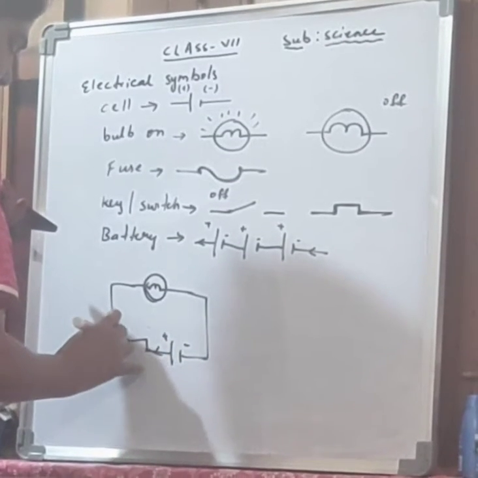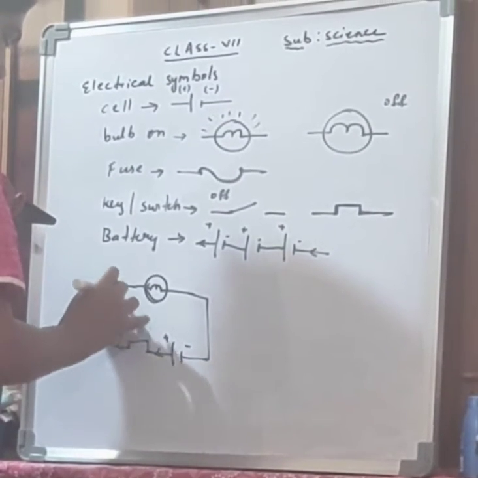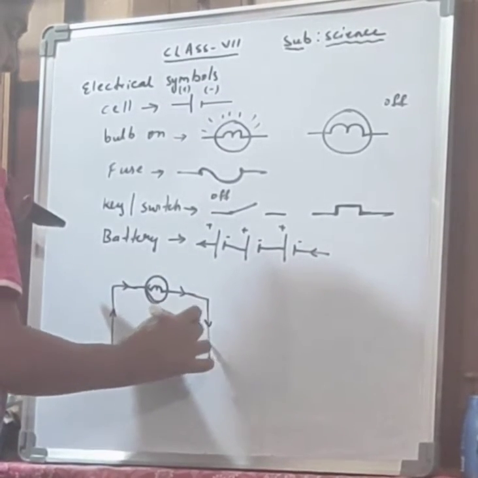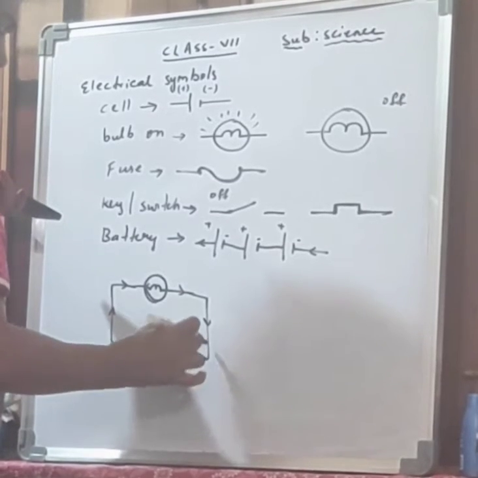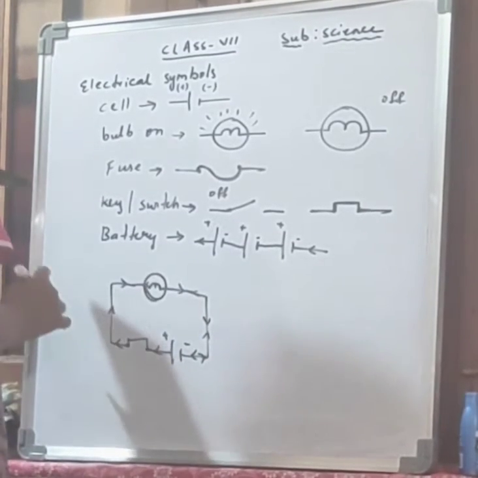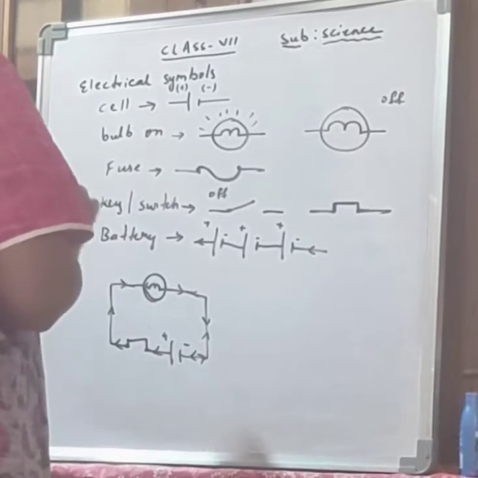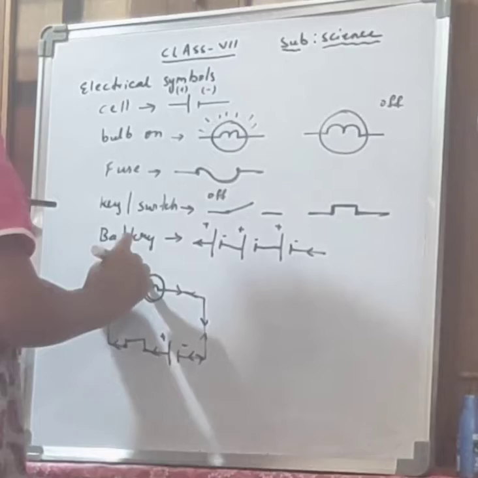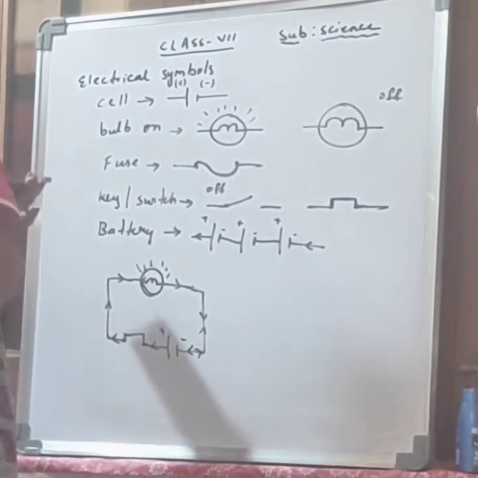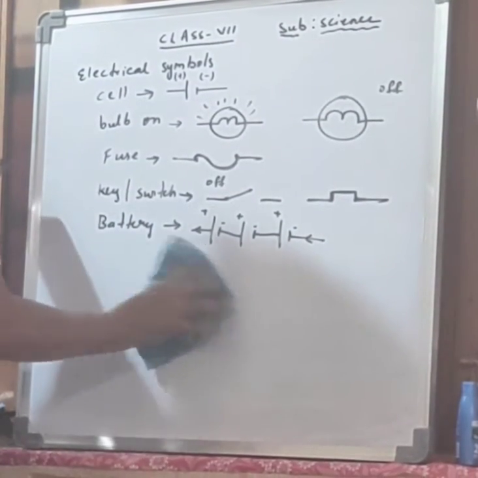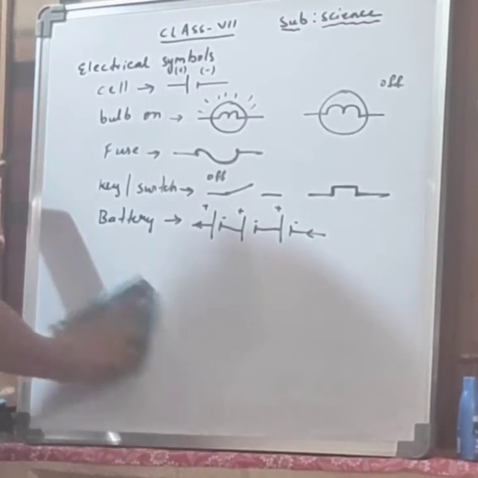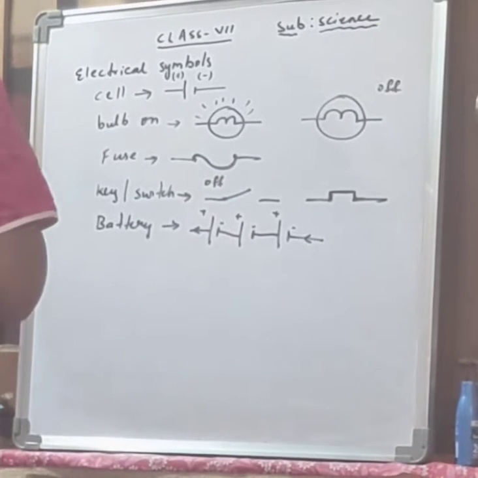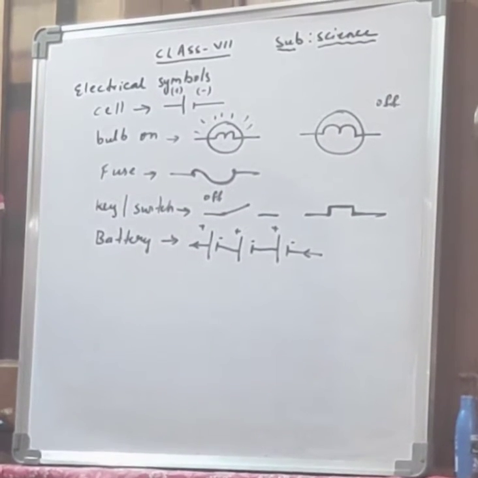If you draw the arrow marks in the wrong position, your whole diagram goes wrong. You should not draw like this. If you draw like this, your circuit diagram is wrong. And when the connection is completed, you should draw the bulb in the glowing position. If you draw it in the off position, there might be some problem because of the bulb not glowing.